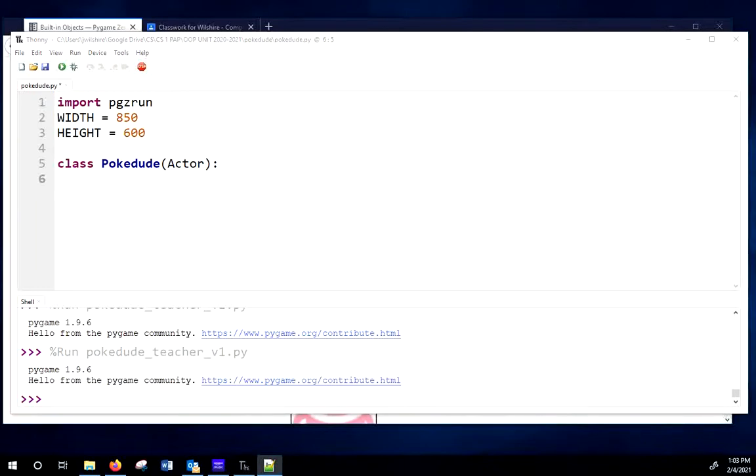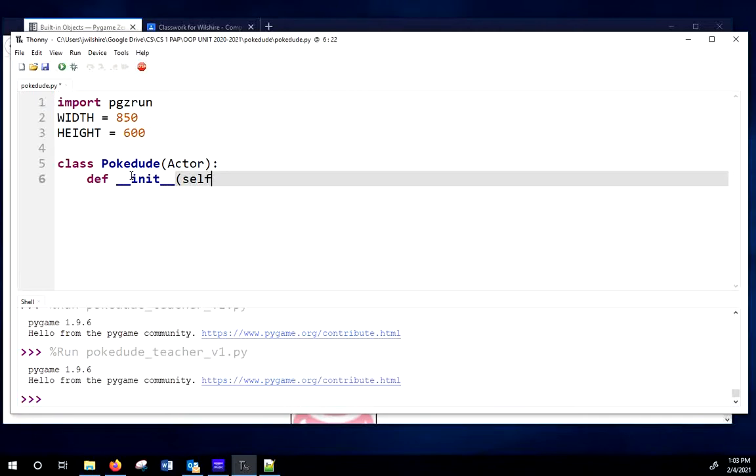I would like to make a constructor for our Pokedude, so let's do that. The constructor is init. And like all methods, the constructor has to have the word self at the front of it. That's what makes it object-oriented. That's what makes it a method. And we're going to have one parameter that is not default. So by making this not default, I am mandating that if I ever call this constructor, I must supply that value. And I want to do that because